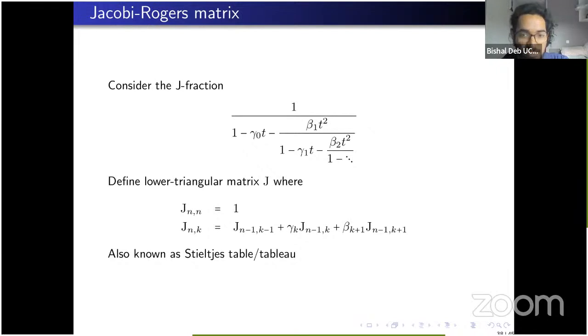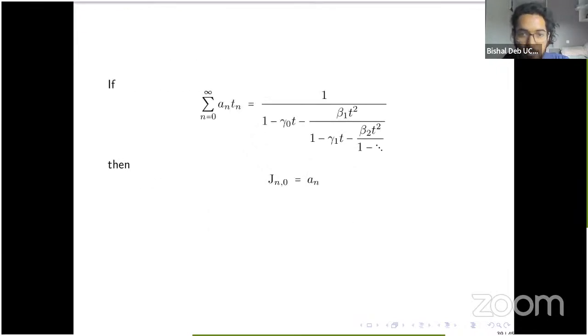And so one thing which I want to mention is, if you begin with a sequence a_n, oops, this should be t power n, not t sub n. That's another typo. If you begin with a sequence, a series, this is the ordinary generating function of the sequence a_n, and write it as a J fraction,